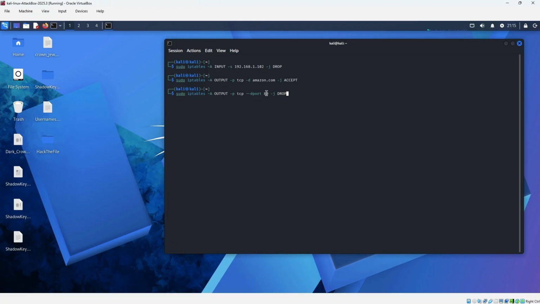Now that is port 80, and then we'll just press up, and then we'll do port